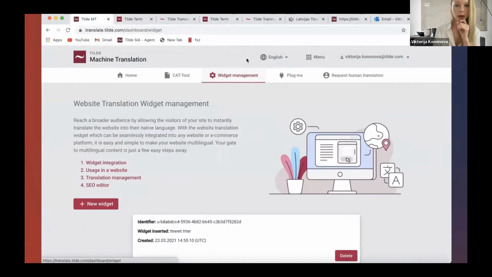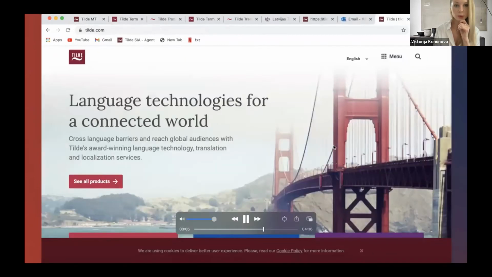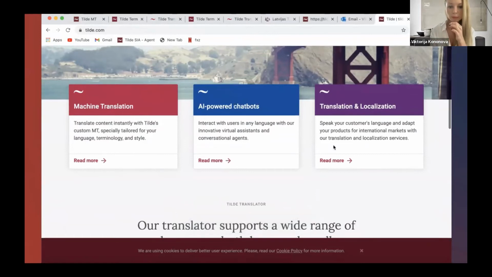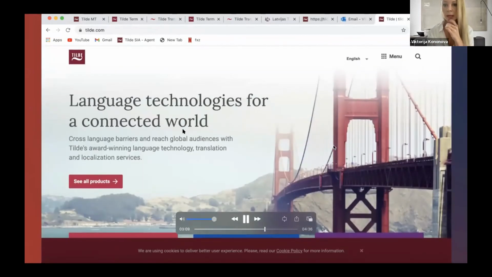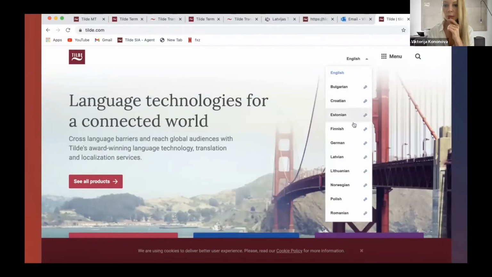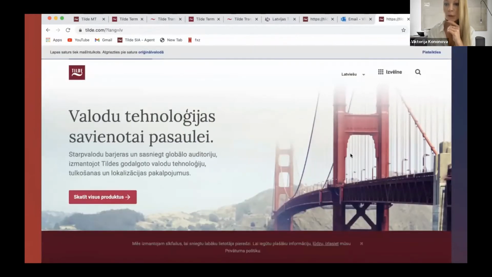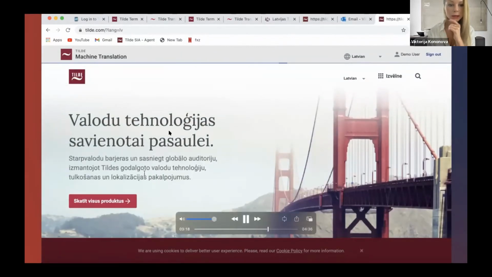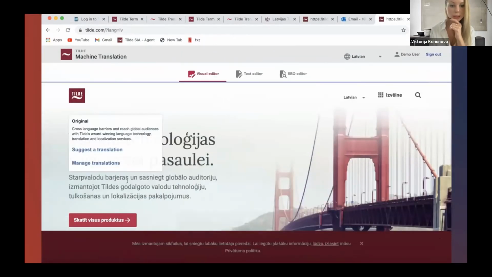Now let's take a look at how the website translator works. Now let's, for the example's sake, take a look at our Tilde webpage that we preserve and maintain in English. And then I would log in as administrator and go into the original language of the country, which is Latvian, and show you that I can create my content and have it edited or altered, changed here directly on the web page.